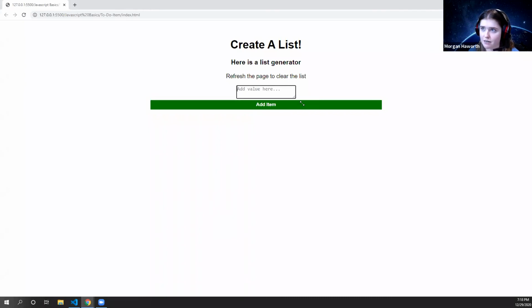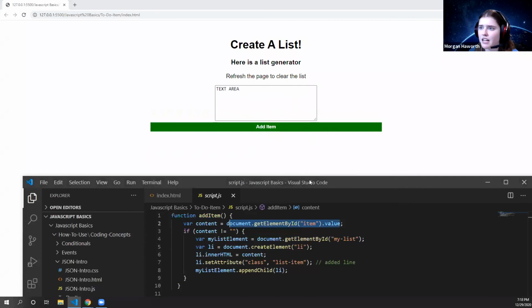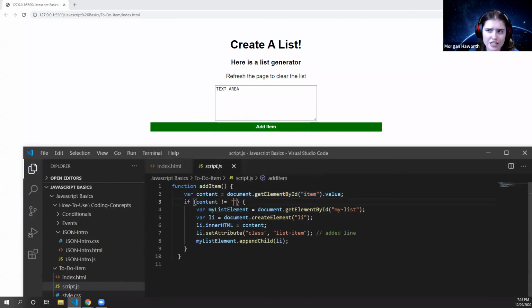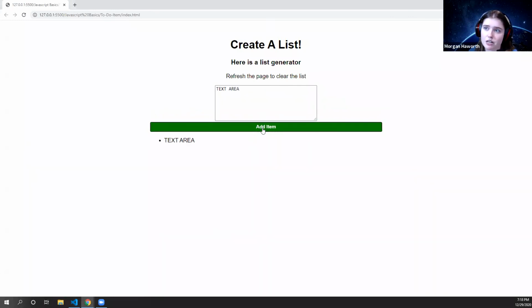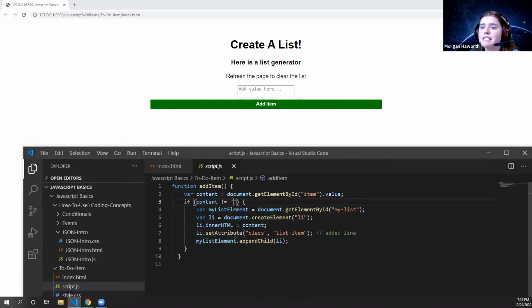So this is the text area up here. And then it's just going to do a quick check, make sure that it's not blank. So I don't want to be able to just click this. And if it's blank, it adds nothing. So if it's blank now, it's adding nothing. But instead,